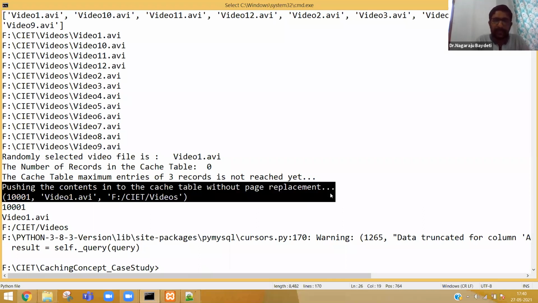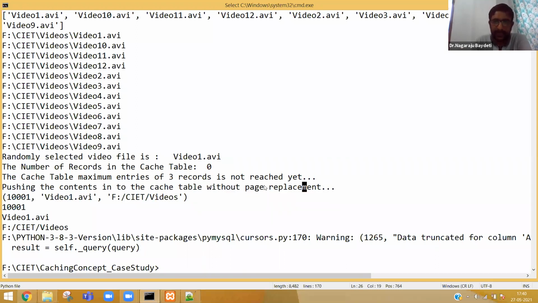What is page replacement? Suppose the cache is full, the page replacement concept is well known by the CSE students. So for non-CSE students, what is the page replacement technique in operating system? In case the cache is full, you have to replace, no? So that we say it as a page replacement. So don't worry about the technical wordings here.